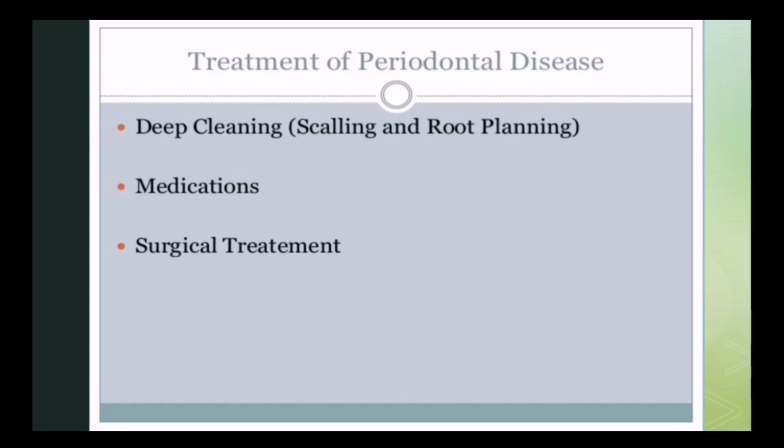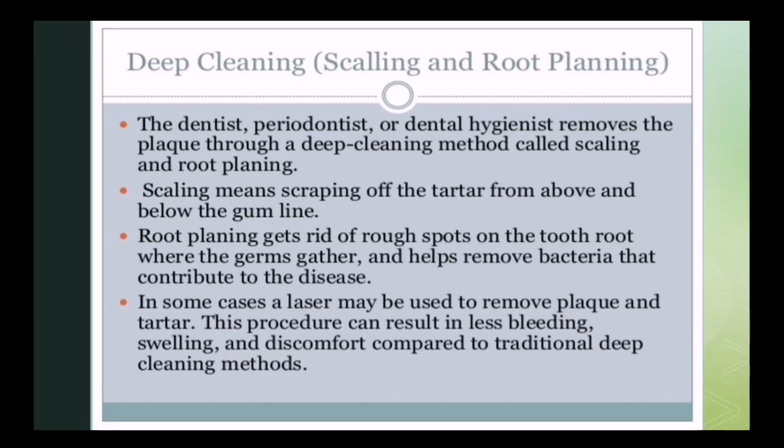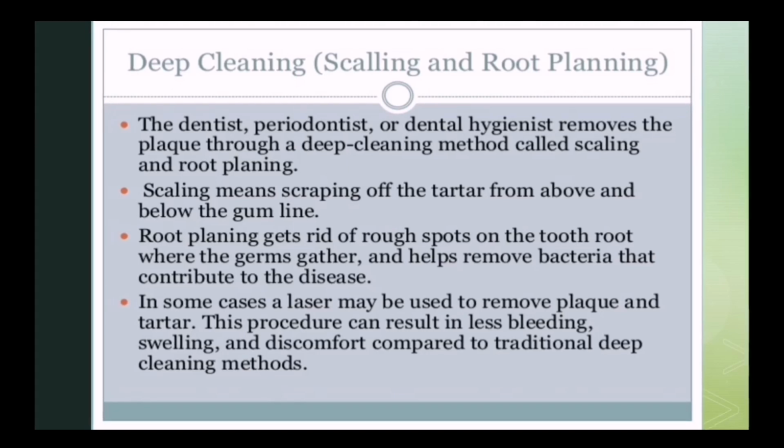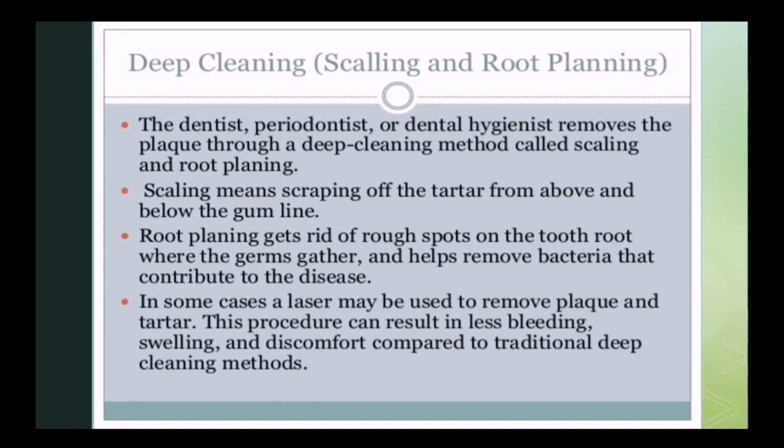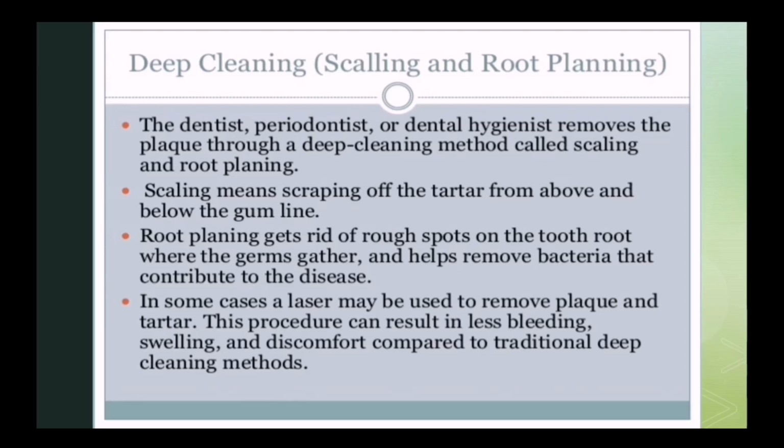Treatment of periodontal disease: deep cleaning like scaling and root planing by the dental specialist and dental hygienist, medication, and surgical treatment. The dentist, periodontist, or dental hygienist removes the plaque through the deep cleaning method called scaling and root planing. Scaling means scraping off the tartar from above and below the gum lines. Root planing gets rid of rough spots on the tooth roots where germs gather,